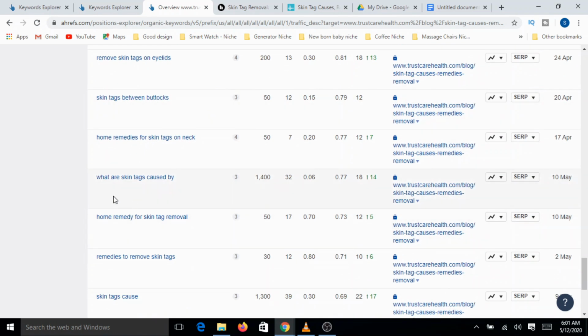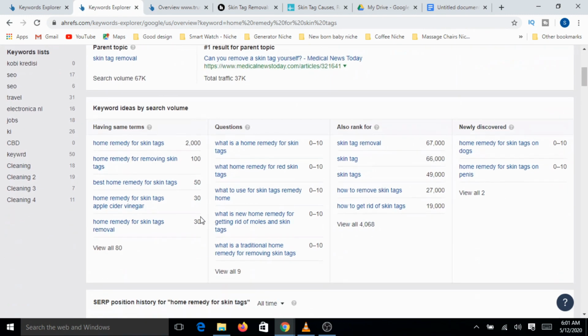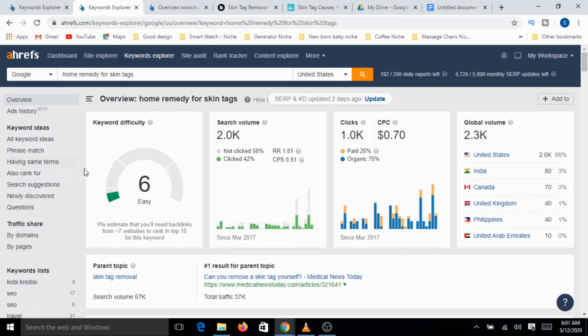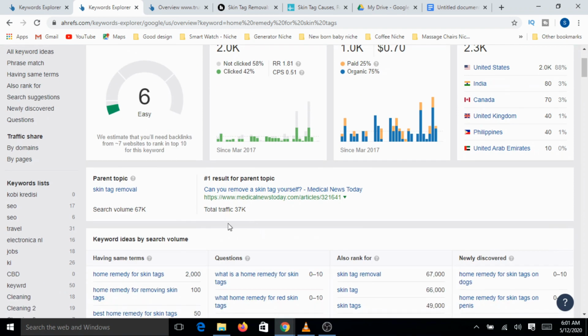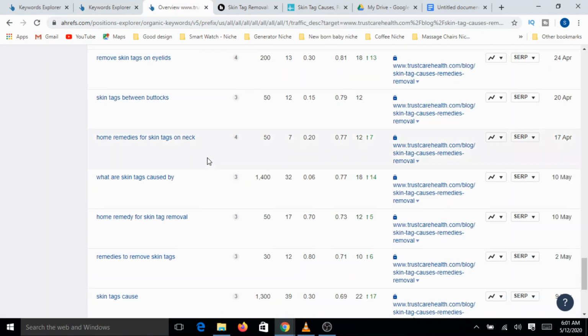So if you see here, here is one phrase: what are the skin tags caused by? This was not there when we verified this particular keyword data, because whatever formula this particular website is applying, this didn't fall into that criteria.